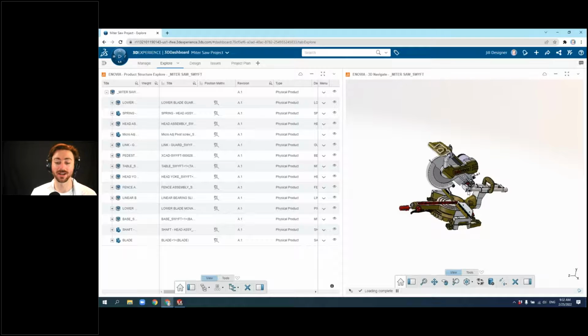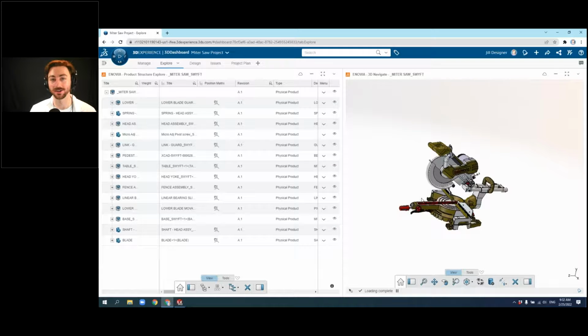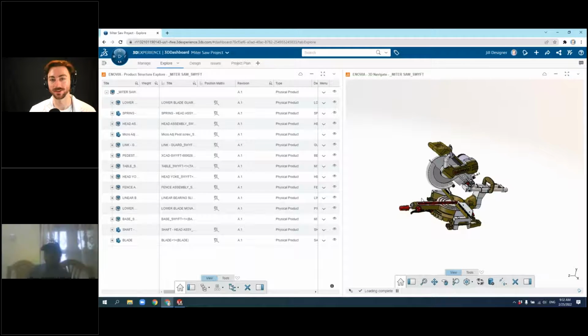In terms of non-value added activities, the amount of time you can cut down on by sending somebody a direct link to just come in and view this, as opposed to taking an hour to put together a slideshow of 50 screenshots with a different markup on each one, that can save a lot of time. Just have them jump in, view the model themselves, and then they can provide any feedback they need from there.